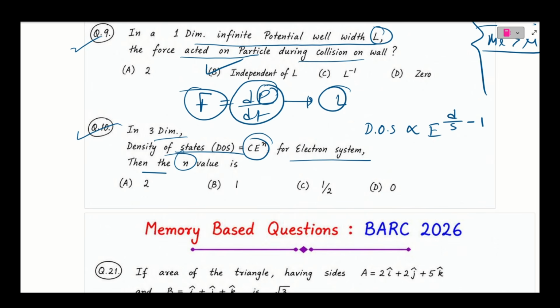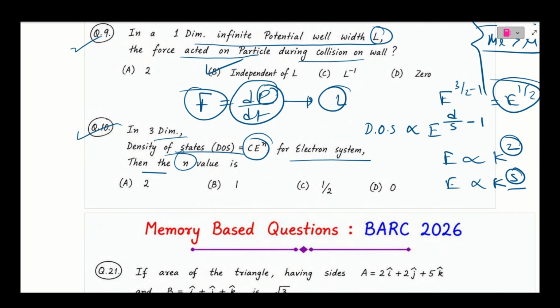We know that for electron the energy is defined as E proportional to k squared. Okay, so here E is proportional to k to the power s. So here s is this. So power is 2. So for electron system s is 2, and for 3D d is 3. So it will be E to the power 3 by 2 minus 1. So ultimately we get E to the power half. Okay, so this is the variation of density for 3D and for